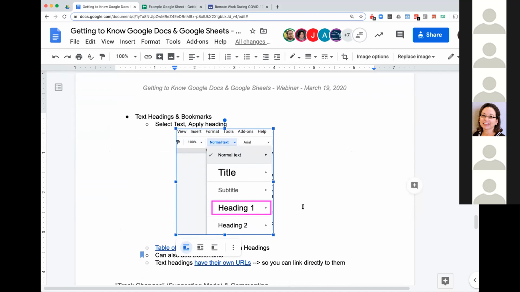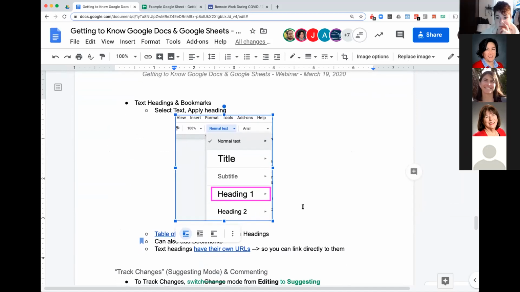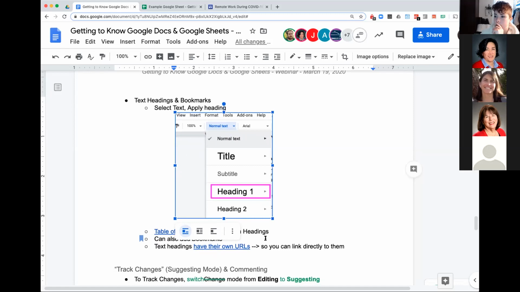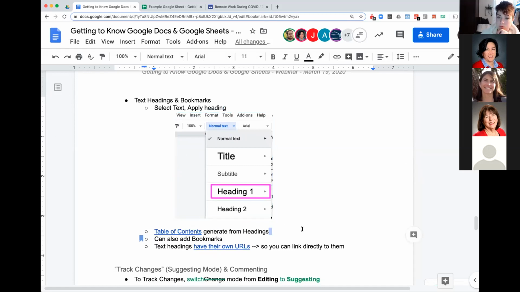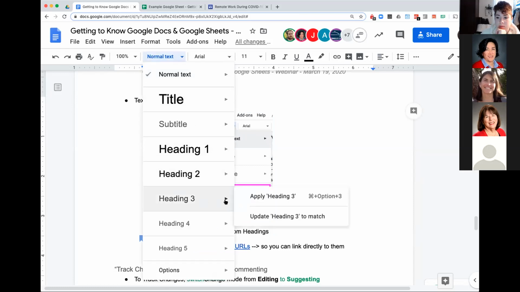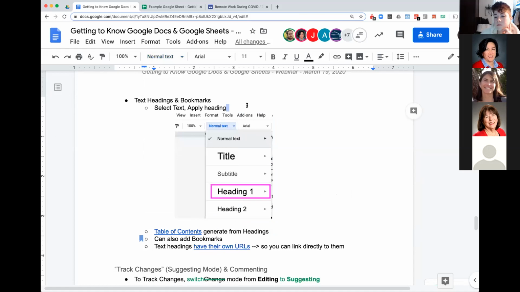Another feature that I think is really helpful is to use the text headings. The reason is they then feed your table of contents, they feed this sidebar of contents, and allow you to click around through your document a lot easier, and to help format it, because each heading will have a very specific font, and you don't have to go through and make sure that all of your subheadings are bold, 10-point font or 12-point font or something. So it's as easy as selecting the text, going up here, and applying a heading. It's very simple. And of course, there's hotkeys for it.